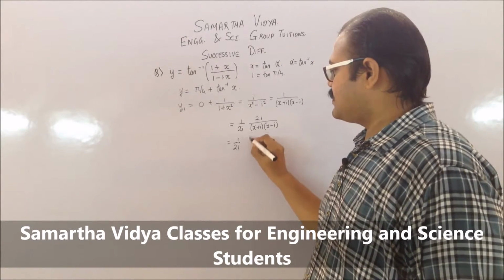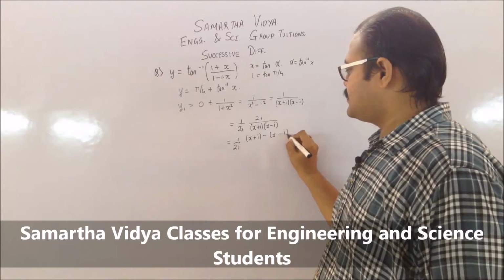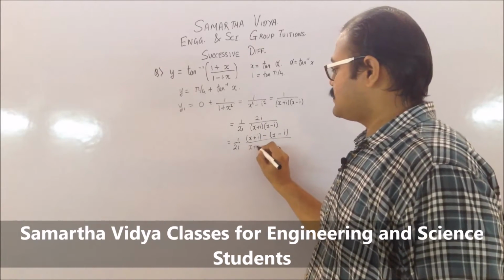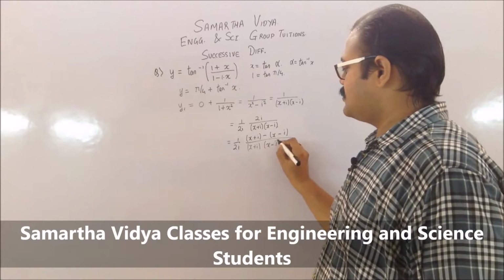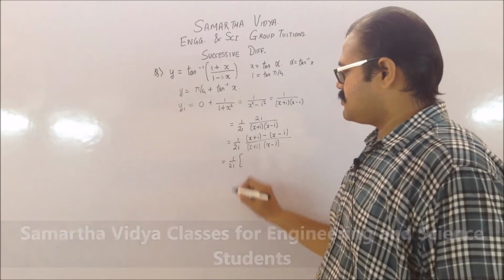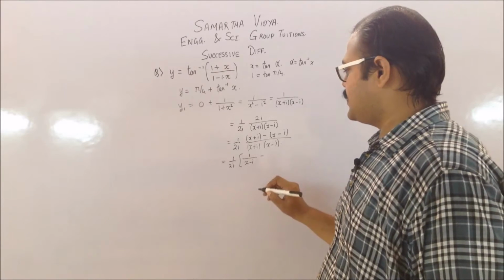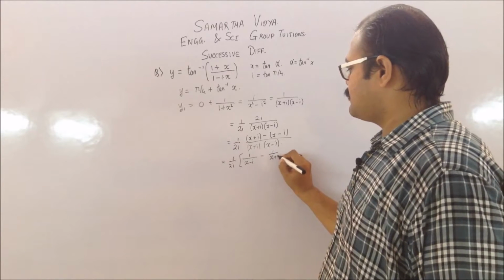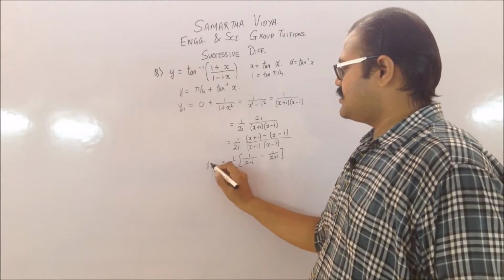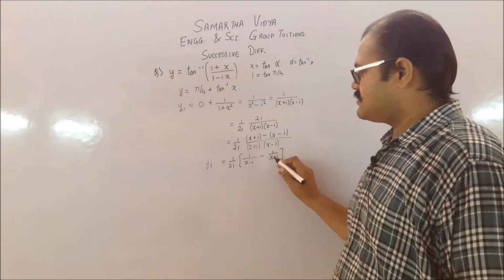So it can be written as x plus i minus x minus i. If you just open the bracket, you will get back the 2i. So it becomes x plus i into x minus i in the denominator, and then you will be splitting it up. So you will be getting this as 1 upon 2i into 1 upon x minus i minus 1 upon x plus i. So this is your first derivative of y.